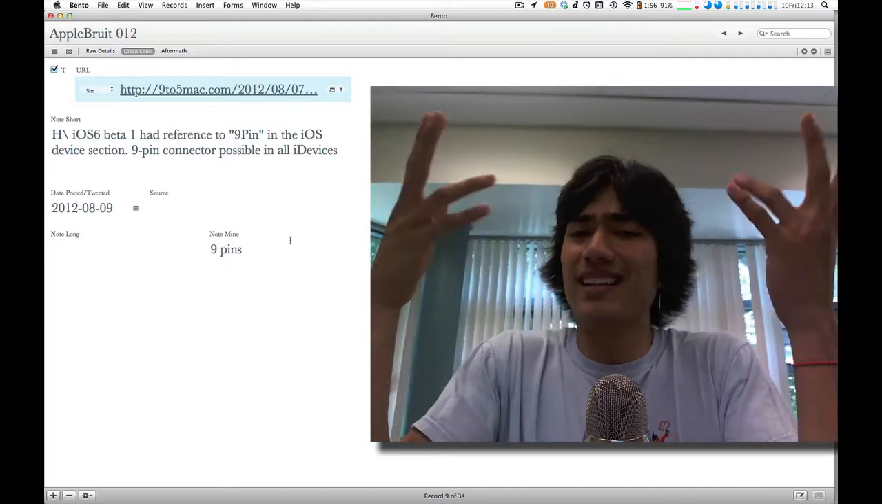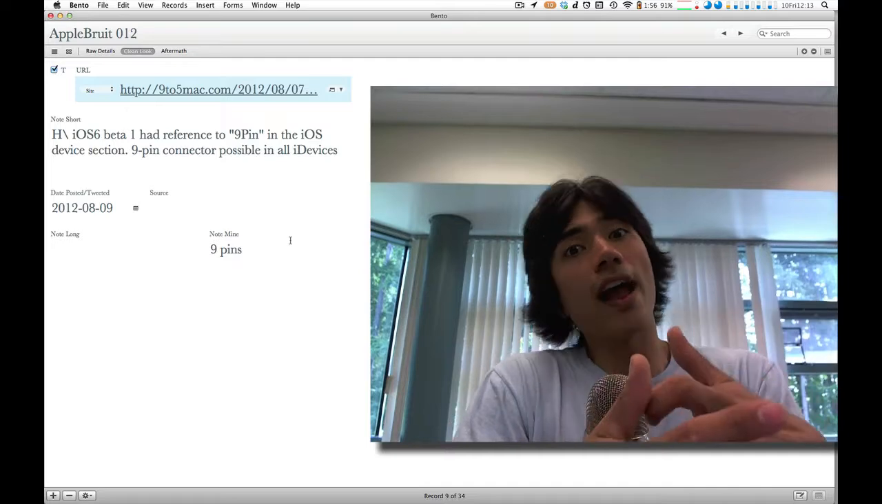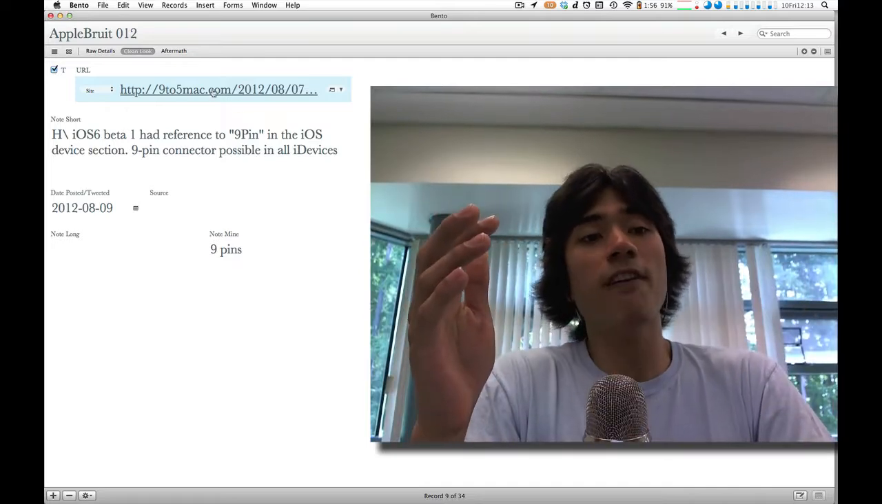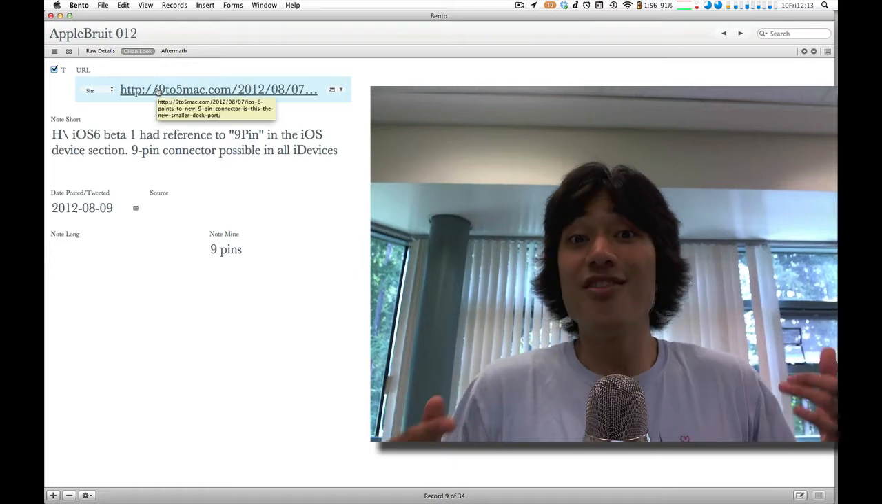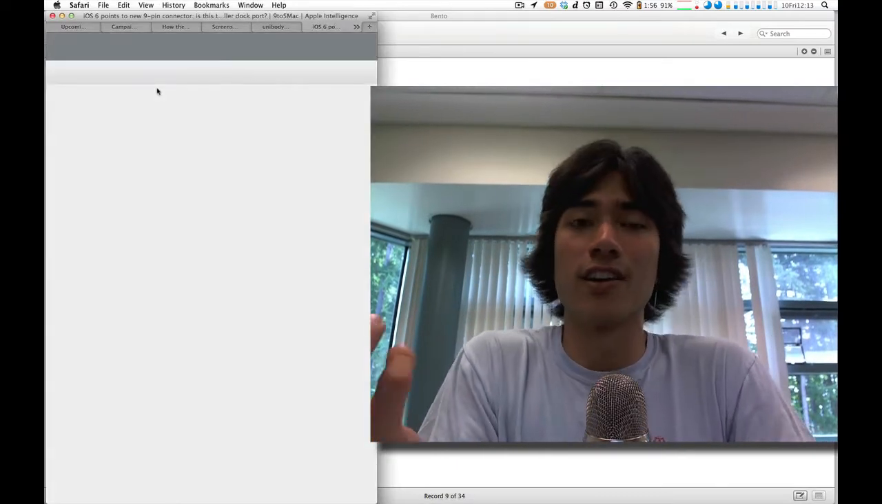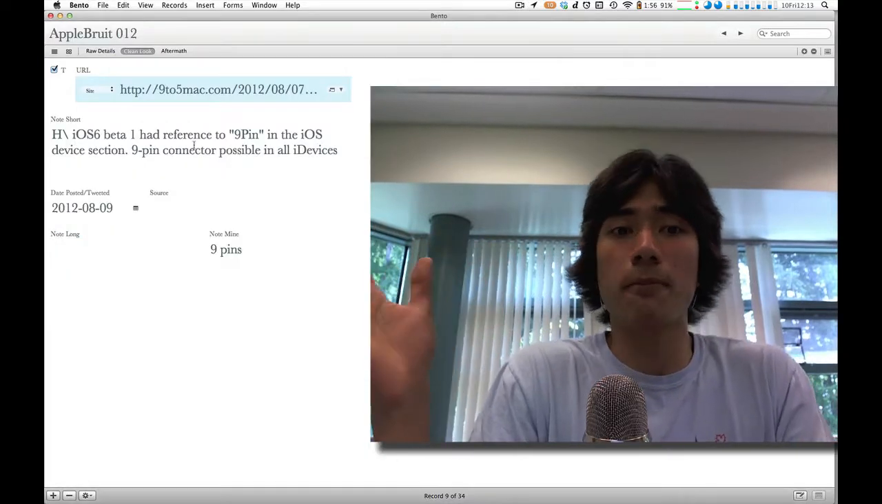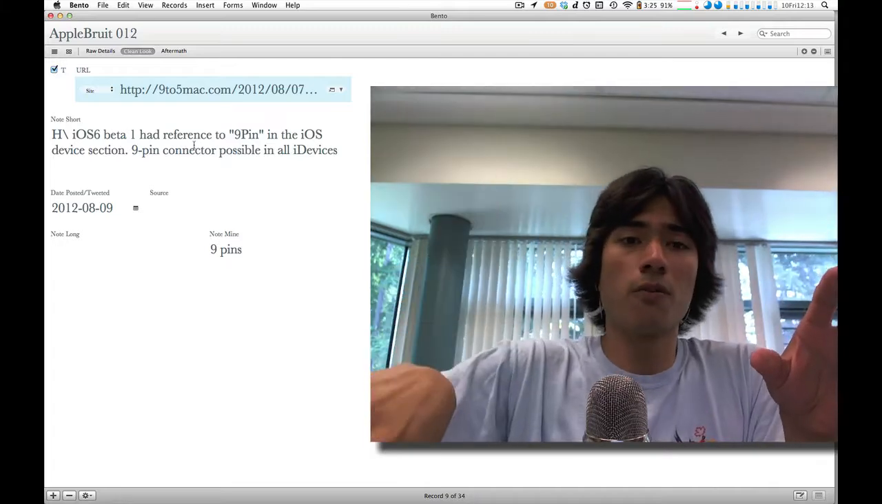Is it going to be 7? I mean, there's a lot of rumors out there. The current rumors right now are 8, 9, and 19. And 9to5Mac says that the iOS 6 beta had a reference to this 9 pin. So 9to5Mac are the originators of this rumor that it's going to be a 9 pin, because when they looked at the iOS 6 beta, there's this part of the code, part of the